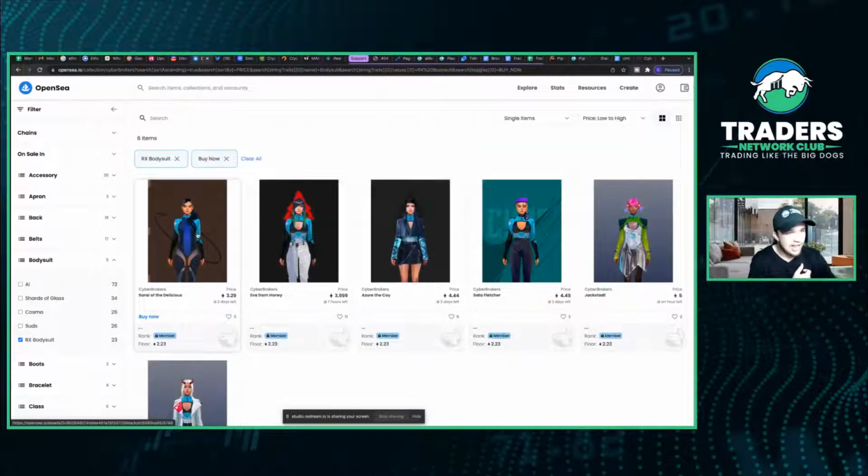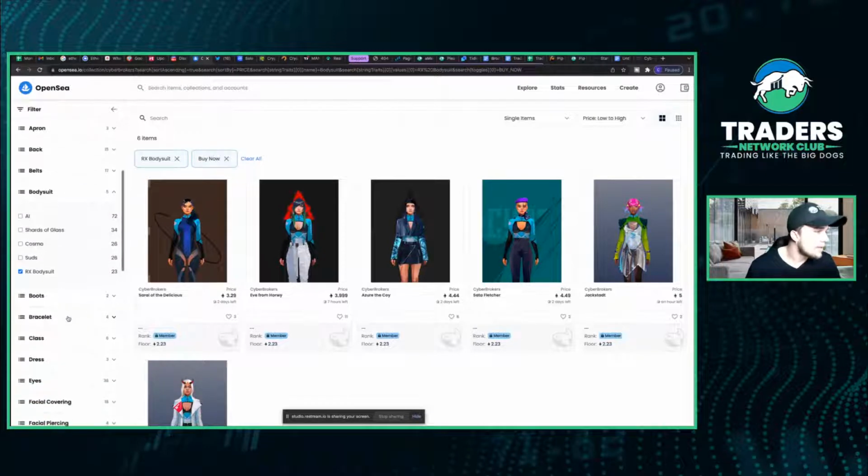Okay, now you can see this is 3.2. Wow. So like this easily could be flipped for another 4 ETH. Okay. But you're not getting that much out of it. You're getting about 0.8 plus gas fees. So it could be like 0.6, 0.5, which, hey, still some money, right? Now,